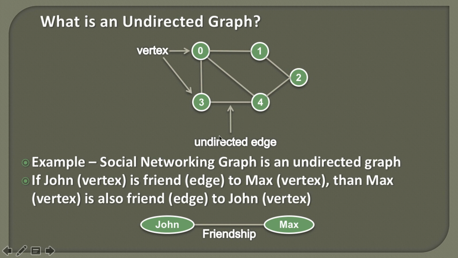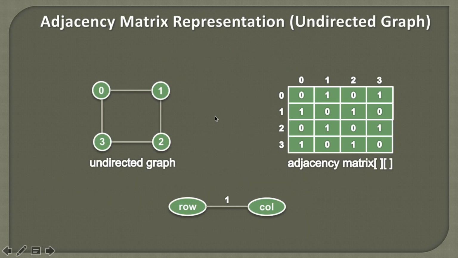Moving ahead. So friends, a graph can be represented by a two-dimensional array, which is nothing but a matrix. Let's suppose we are given this undirected graph where 0 is connected to 1, 1 is connected to 2, 2 is connected to 3 and 3 is connected to 0. In order to represent this graph in a data structure, we usually use a matrix, which is a two-dimensional array.